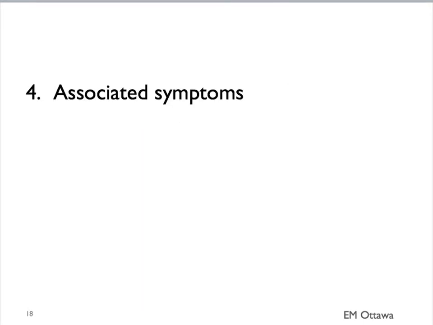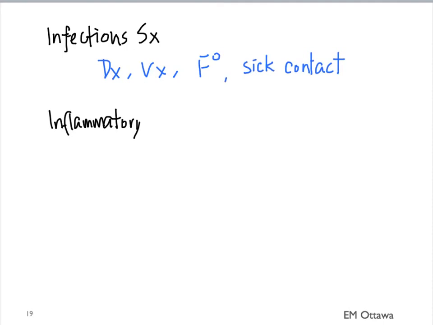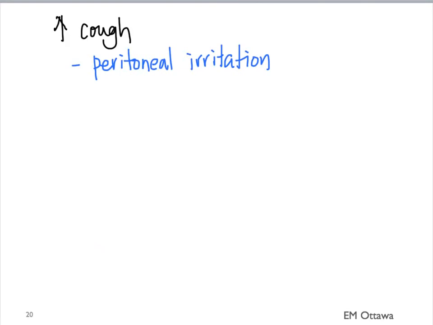Next part of history is associated symptoms. Infectious conditions can have symptoms such as vomiting, diarrhea, and fever. They may also have a sick contact history. Inflammatory conditions can be associated with fever. The patient might also give a previous diagnosis of inflammatory diseases. For obstruction in the GI tract, we will see vomiting and decreased or no flatus. Pain that is worse with movement or cough suggests peritoneal irritation. Other associated symptoms such as urological symptoms, including hematuria, dysuria, suggest a urological cause, while vaginal bleeding or discharge suggests